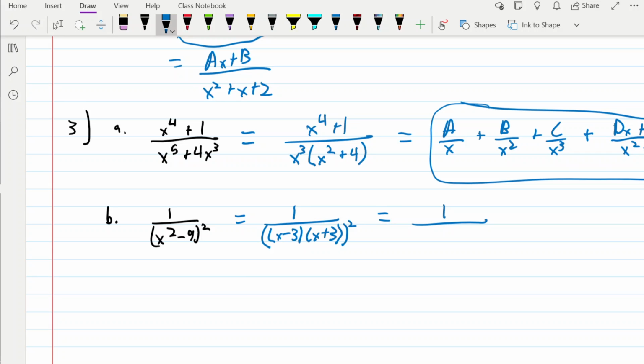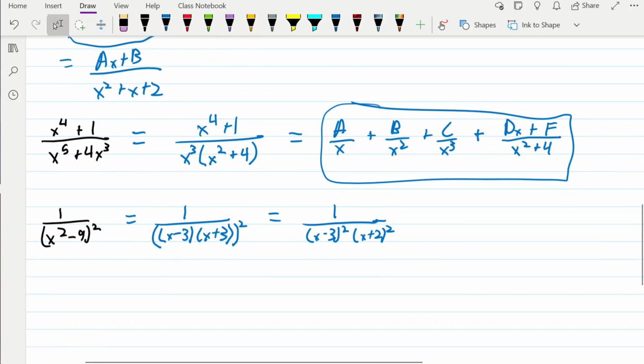So it'll be 1 over x minus 3 squared times x plus 3 squared, which from there we can set it into our partial fractions of a over x minus 3,